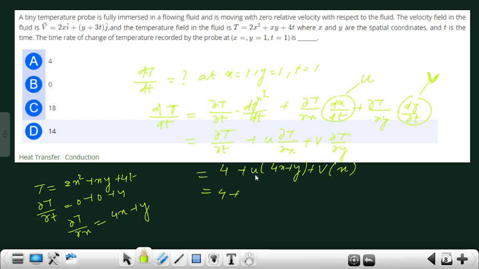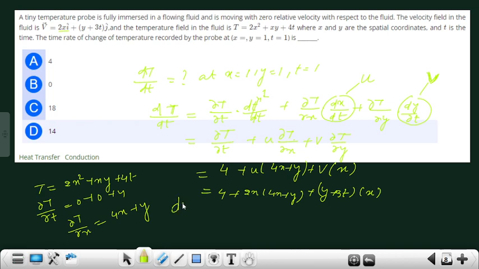So 0 plus u value, u is 2x, into 4x plus y, plus v value, y plus 3t, into x. So at x is equal to 1, y is equal to 1 and t is equal to 1,